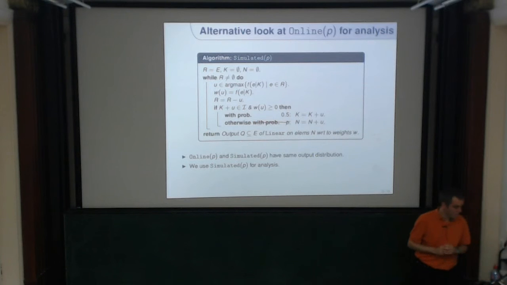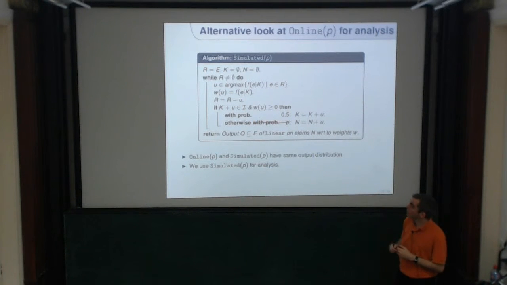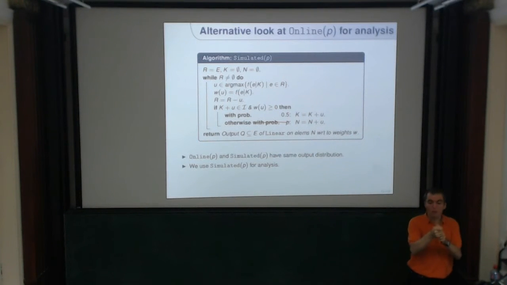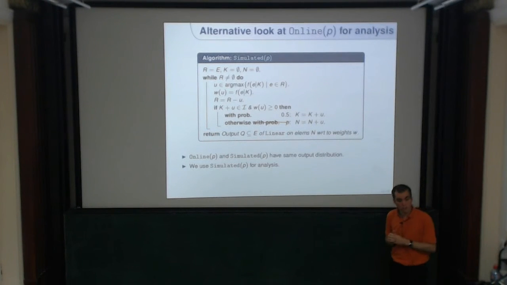The simulated algorithm, which has the same output distribution, works as follows. Think about the set of the first half and the greedy algorithm we applied on the first half beforehand. Every element that came, you can think of it as follows: one of three things happened to that element. Either it was part of the first half and got selected by the greedy algorithm, or it was part of the second half and got passed to the linear algorithm, or it got discarded because it would not have improved the first half.